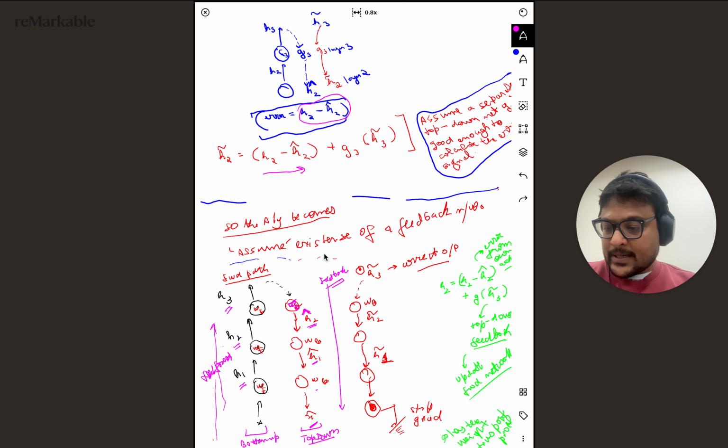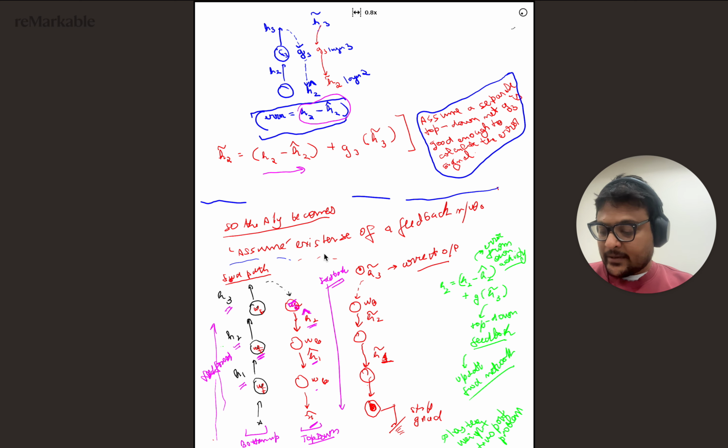Okay, so let's say that we want to train this feed forward network. Let's say that you fed an input X, and finally whatever activity you got is H3. Okay, and now the key point is that there is a correct answer, there is a correct activity which is H3'. This is the correct activity which your network should output in case it is doing a perfect job, and you can easily pass this correct activity through a top-down neural network,